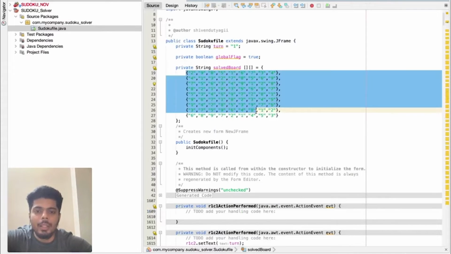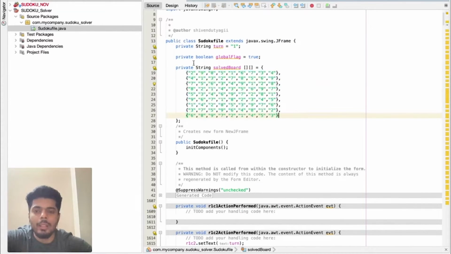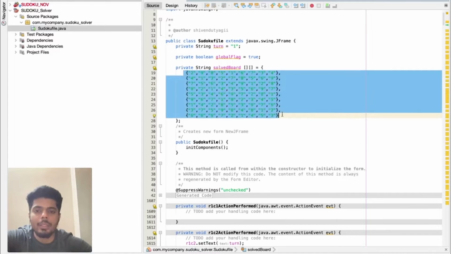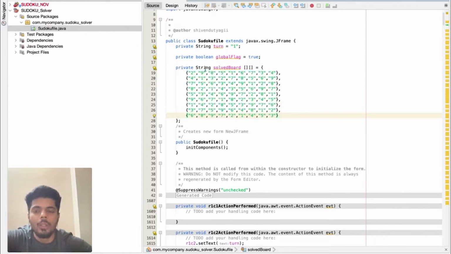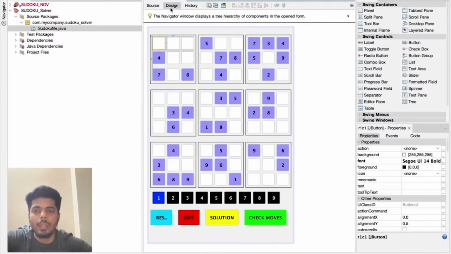Here I have made a 2D string array, which is storing the whole Sudoku solution values, every single value the Sudoku has, whether it is being displayed here or not. Why? Because we may need to compare it somewhere. In the check moves button, we will be comparing the values with the original values which should be present.